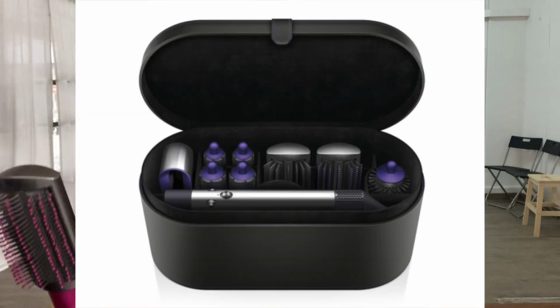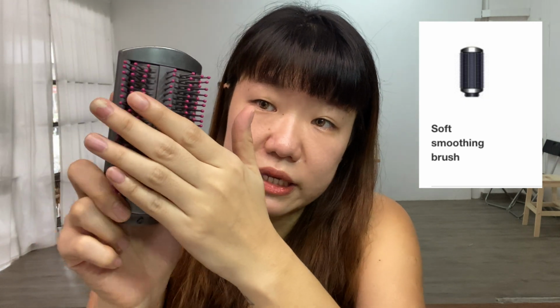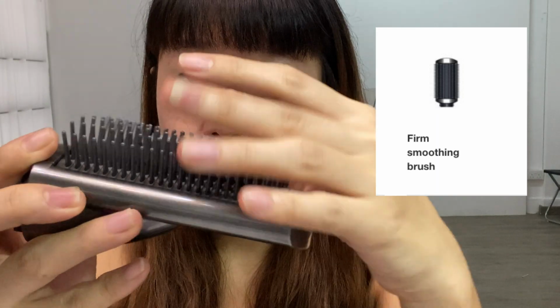So for the Dyson complete set, my set is the pink one. I know the new version should be the purple one. It comes with a hairbrush. This one with the pink head is for sensitive scalp, so it's softer. And then you have another one with a stiffer comb. It's for